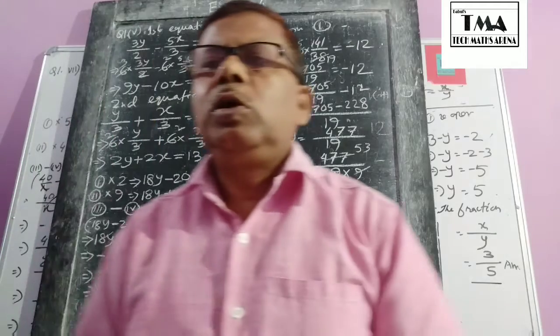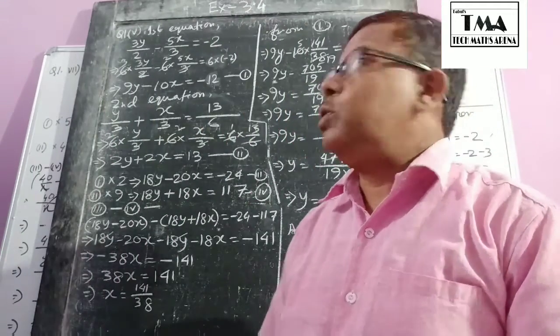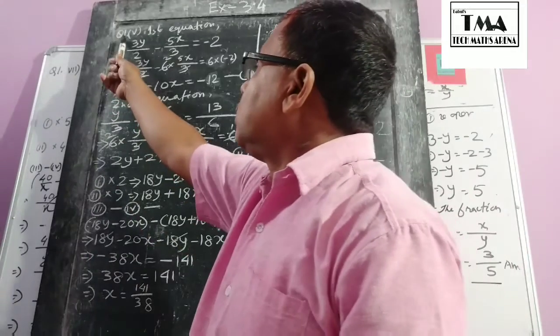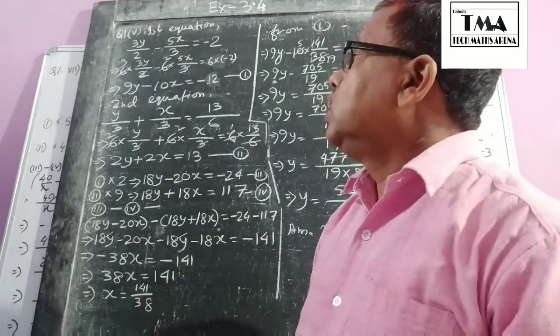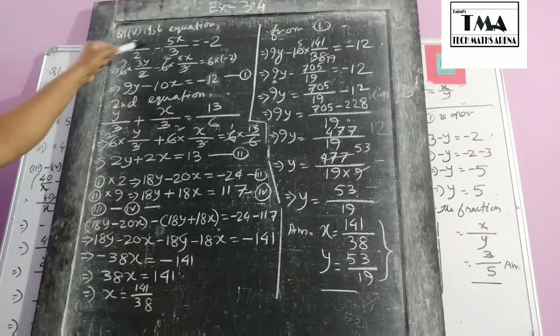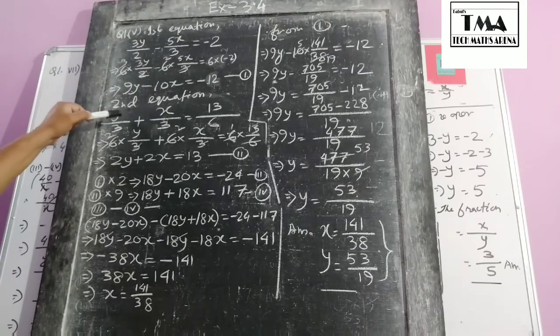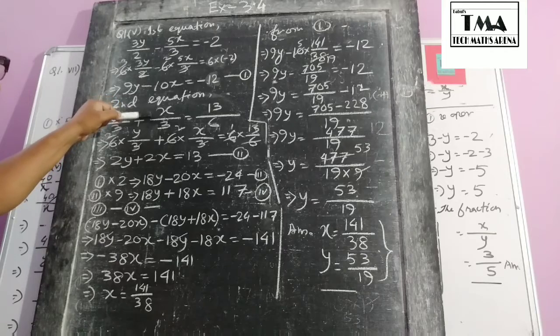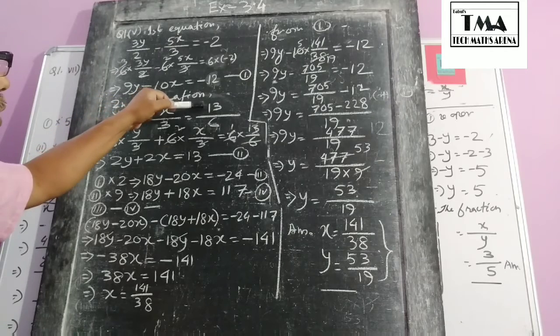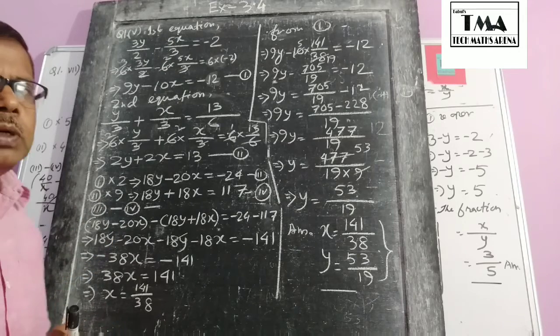After this, we are taking another equation, that is question number 1 and sub question number 5. Here the first equation is 3y by 2 minus 5x by 3 is equal to minus 2, and the second one is y by 3 plus x by 3 is equal to 13 by 6. So to make the coefficient same,